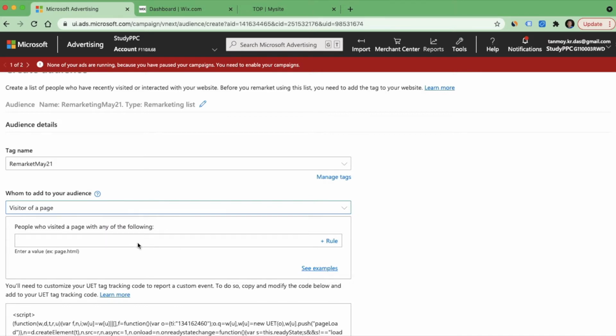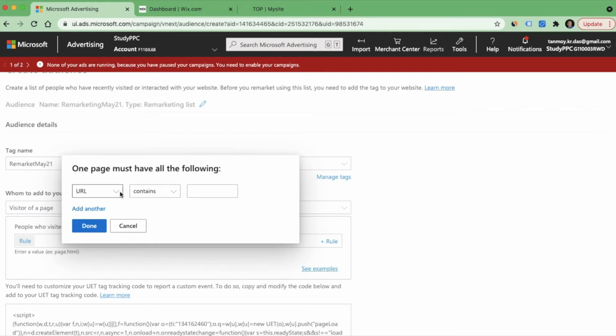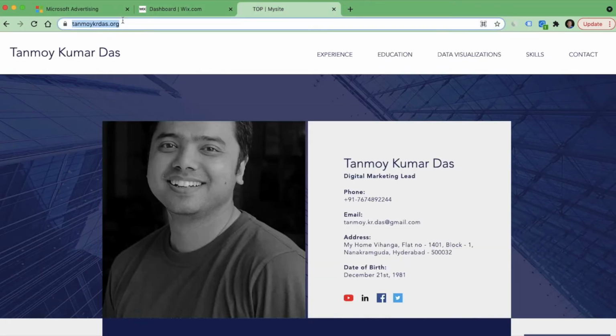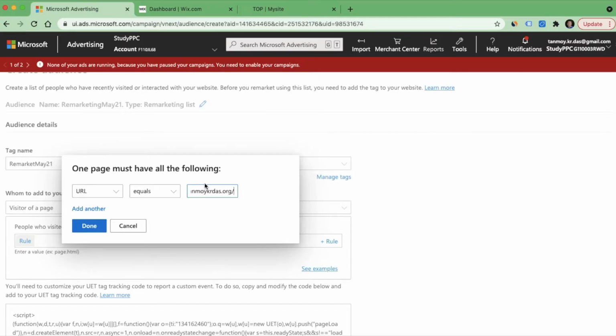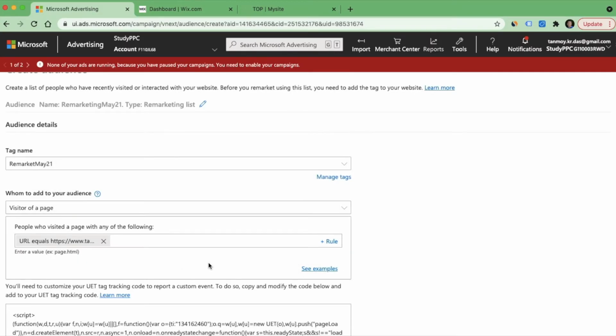Now from here, we have to provide the specific page which we are talking about. So you have to create a rule over here. It says URL, and you have to give the URL. You can either give the complete URL, which can say URL equals, or if you want to define a particular section of the URL, you can say contains, starts with, or ends with, your choice. For now, let's look at the whole website. So I'm saying URL equals, and I'm going to pick my own website and put it here. So now the website URL has also been given, where we want to set up the remarketing.